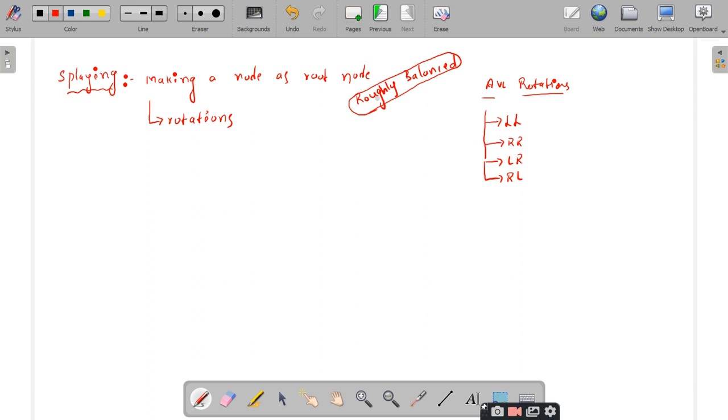They are not worried about the height. So remember that these rotations are the operations used to perform splaying. So splaying is achieved by making use of rotations. That's it. What types of rotations we have, all these things we will discuss with examples. Don't worry.